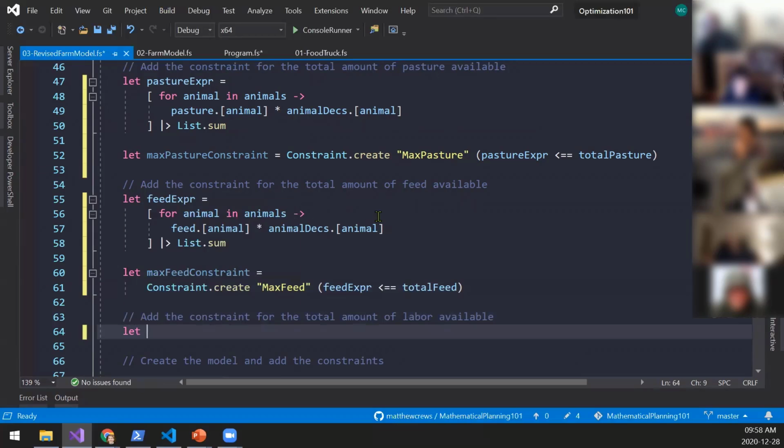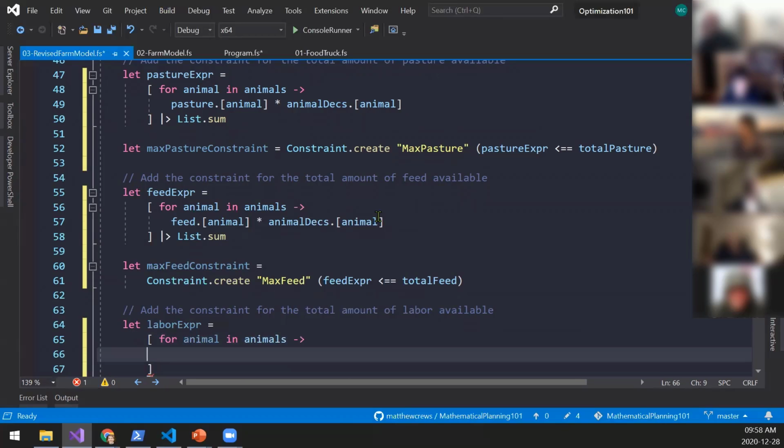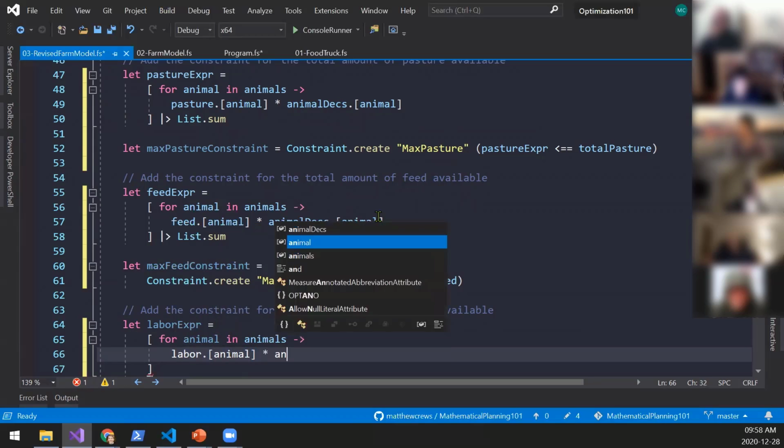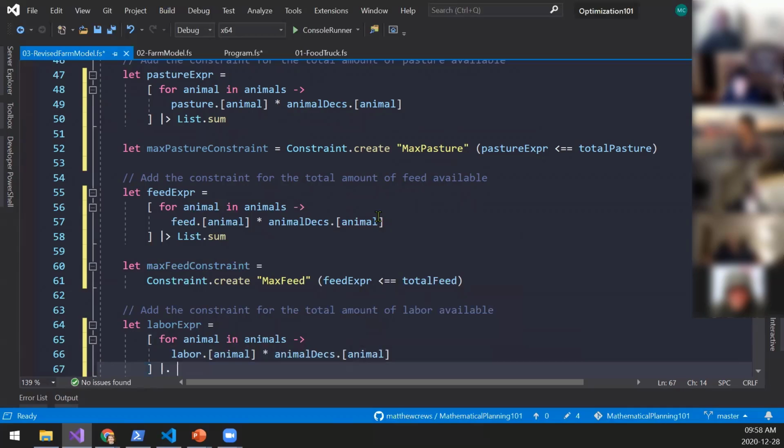And then finally for labor, we have for animal in animals. We're going to have the labor given animal times the decision associated with it. So animal, and then we want to sum that up.